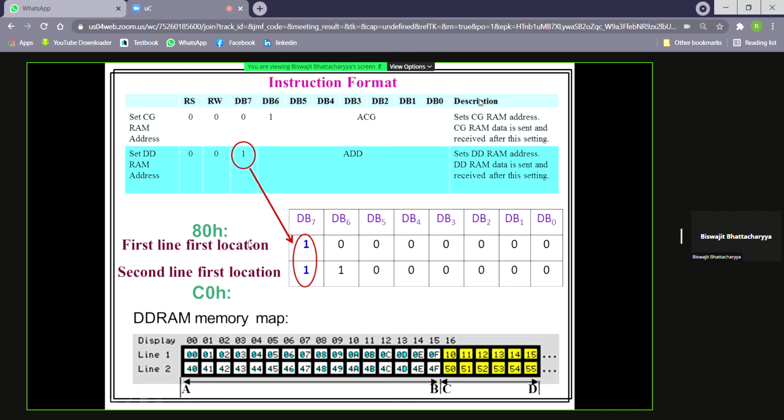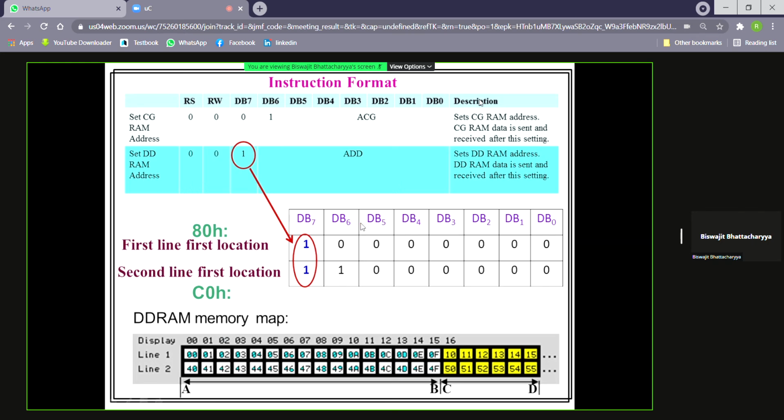Similarly, when we write DB7 equal to 1 and 40 means what? How is 4 coming? DB6 equal to 1, then DB5 0, DB4 0. So 1, 1, 0, 0. So 1, 0, 0 means 4, and this is 0. So 4, 0, and one more 1 for DB7. So total is 1, 1, 0, 0.